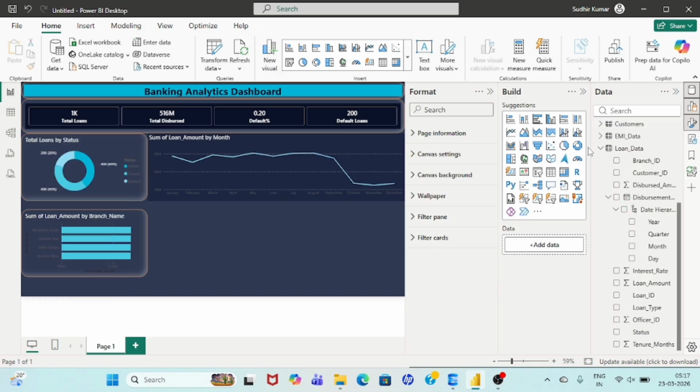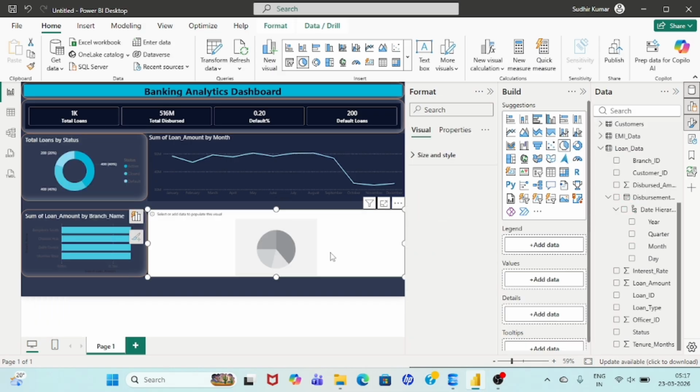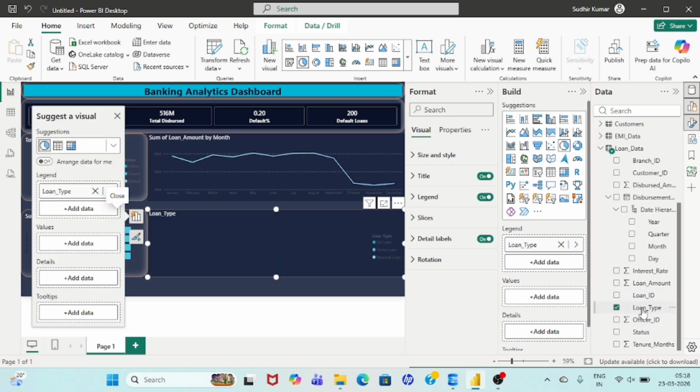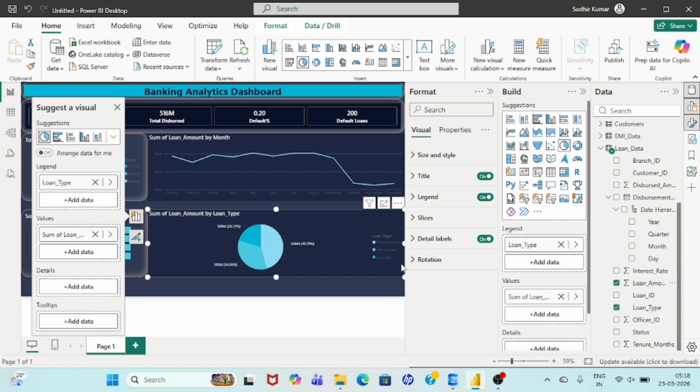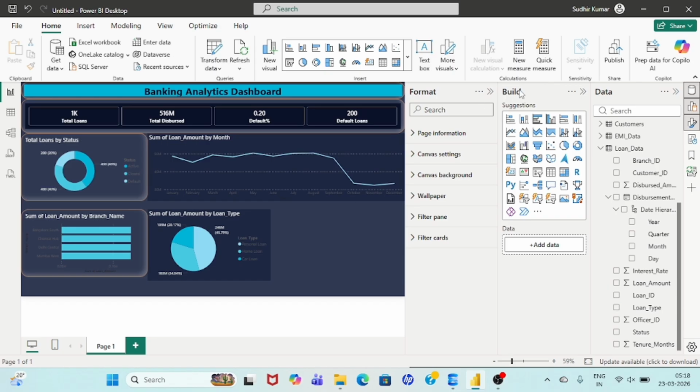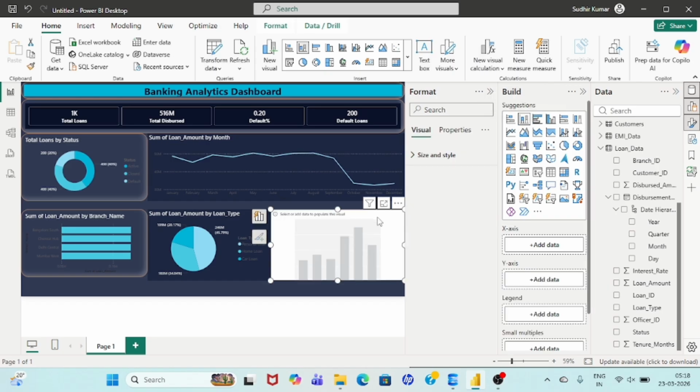Now I am going to select pie chart, and there I want to add loan types and total loan amounts. Now I'm going to add column chart, and here I want to show